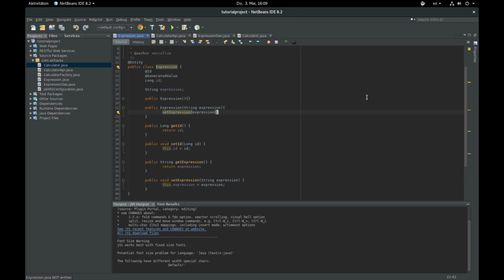And welcome to another Java tutorial. If you recall, last time I said we were going to be working on saving a timestamp with each one of these expressions into the database. That way we could go back for auditing purposes and see when the expression had actually been run against our